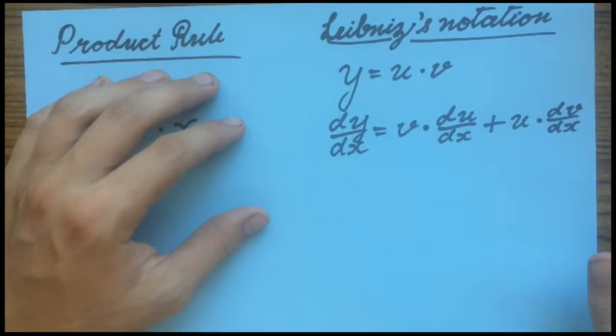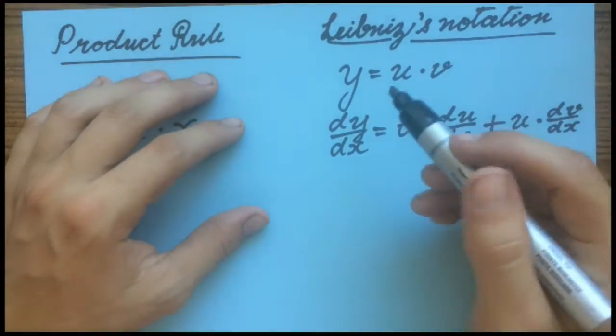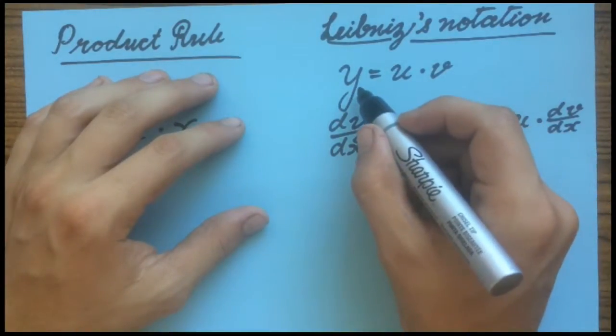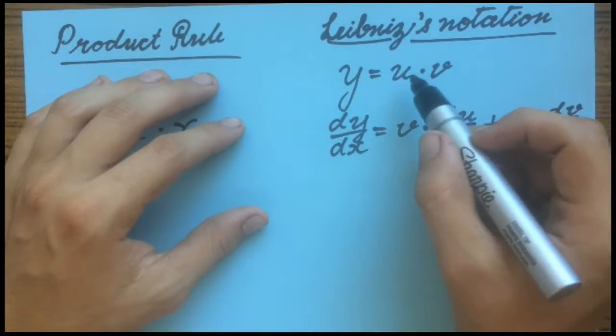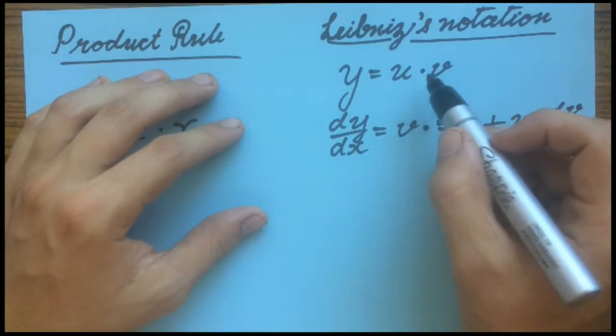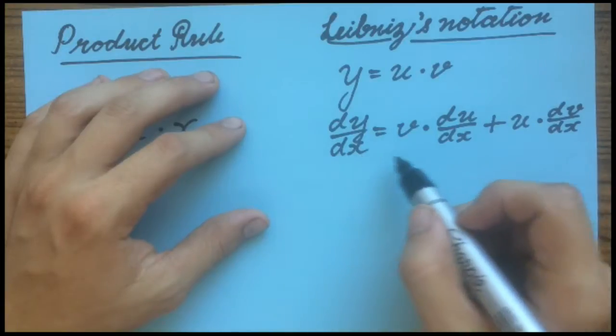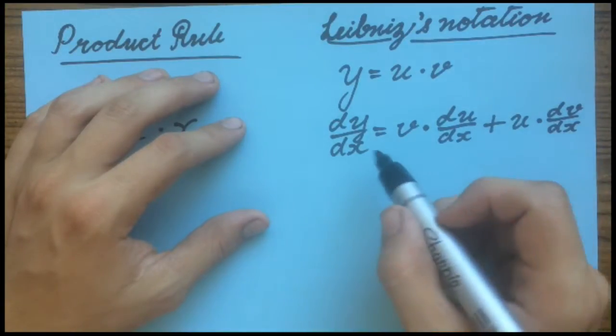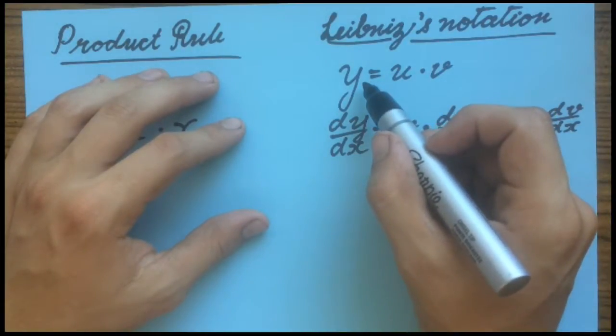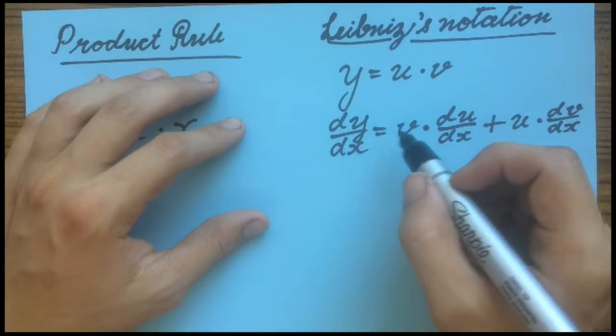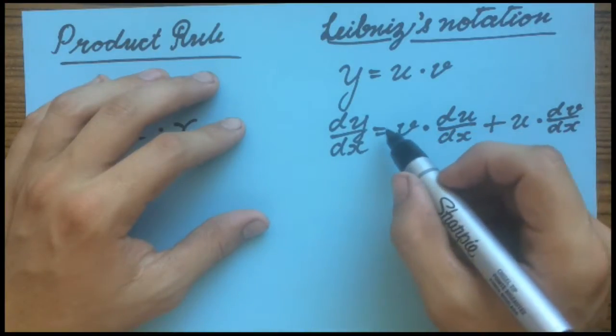Basic derivatives, product rule, Leibniz notation. The way Leibniz does it is he has a function, and within this function there are two functions multiplied together. That's when you need to use the product rule. This formula is essentially the first derivative of this formula. So, you have the derivative of y equals